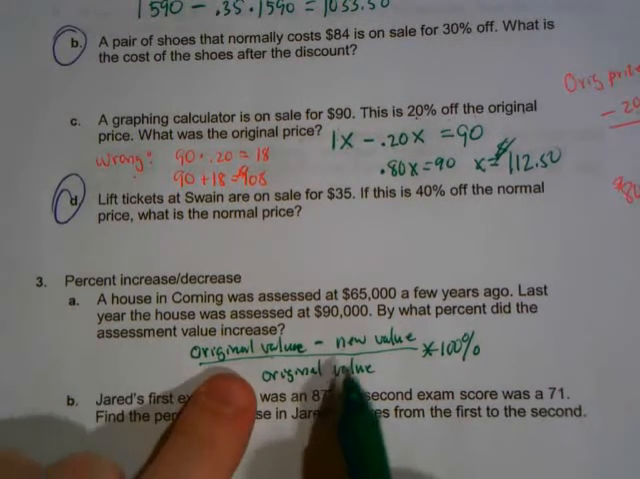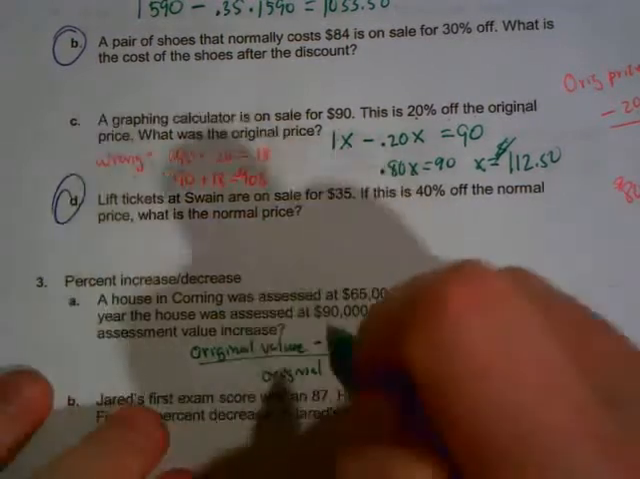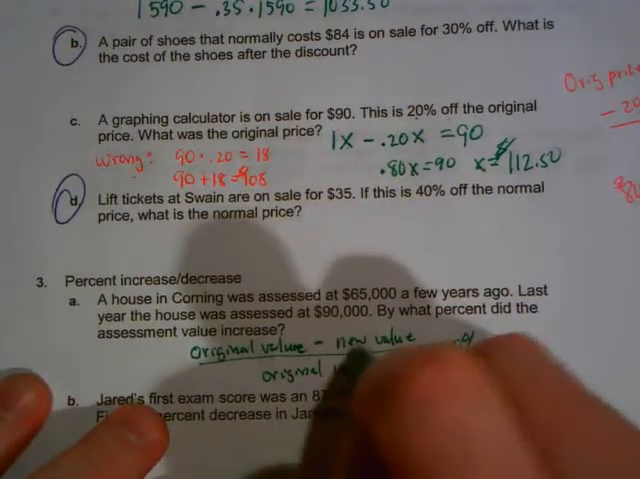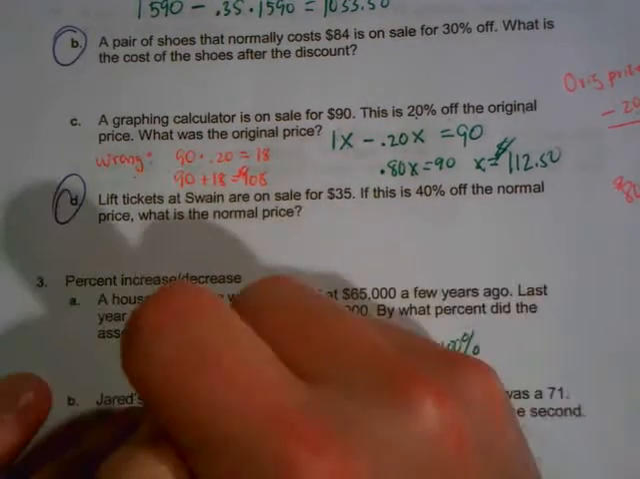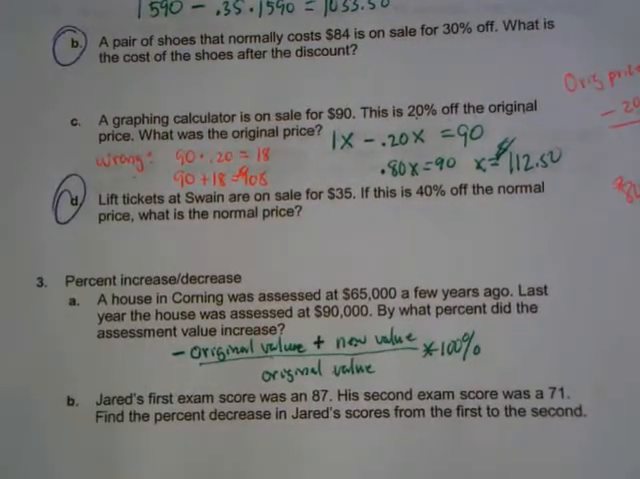Oh, you know what? I got my top backward. I'm sorry. My top should be new value minus original value. So I'm just going to cheat here a little bit. New value minus original value. Sorry, I wrote that backward. All right, so